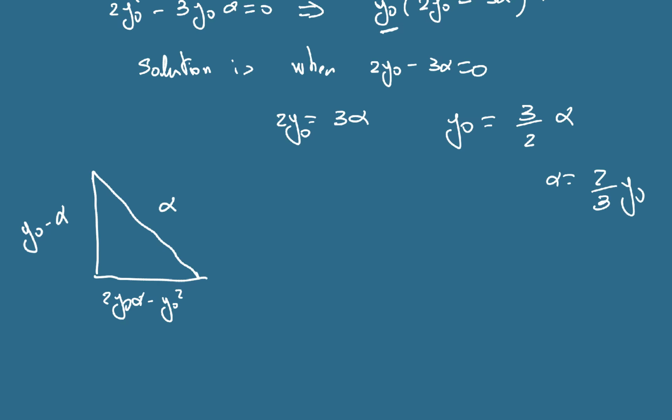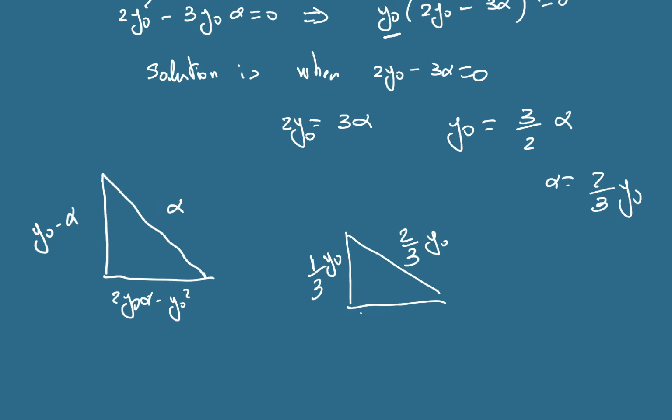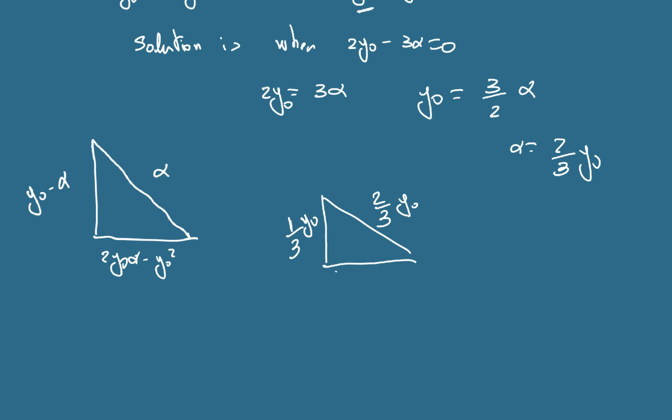So the triangle that we are talking about is this one. y0 minus 2/3 of y0 is 1/3 of y0. Alpha is 2/3 of y0. And 2y0 alpha, and this will be 2y0 alpha,